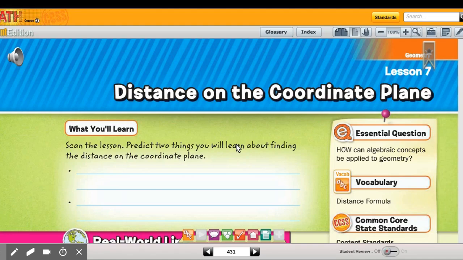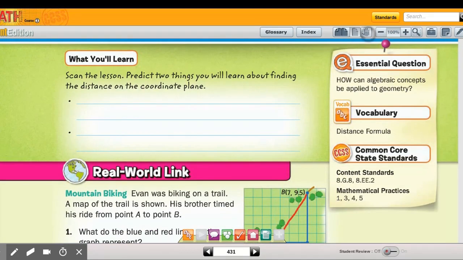Today, this is lesson 7, distance on the coordinate plane. And we're getting close to the end of this chapter. And you know what? Don't be too tricked by anything in this lesson, because this is basically another way to look at the Pythagorean theorem, another way to use the Pythagorean theorem. So let's take a look at this, because there shouldn't be anything too shocking in here, I wouldn't think, except